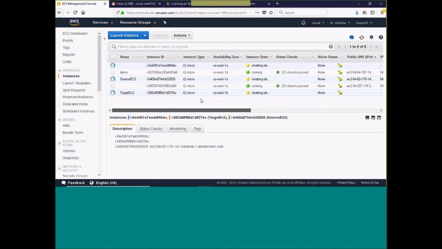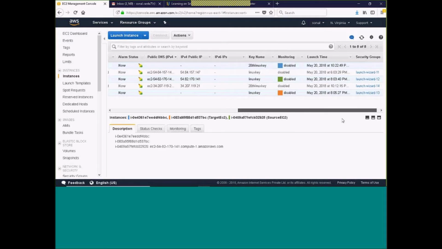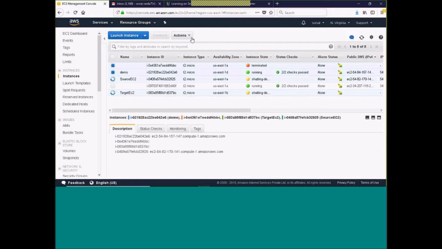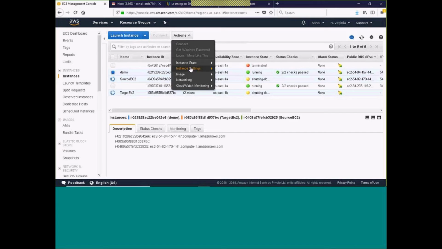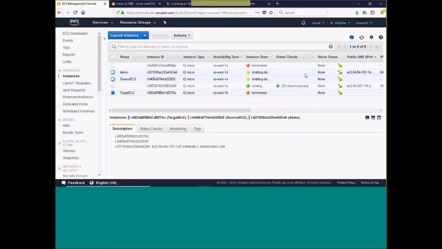Let me see which one I created, the demo or the other one. Okay, this is the one which I launched recently, the last one. Demo also I will remove. I don't want so many because I'll get charged for multiple instances. Terminate. 30 GB is what comes under free tier, and that has already been taken by Windows, and each Linux is taking 8 GB, right? So after some time I will be charged. So I will remove the unwanted ones. Now I have kept only one instance in running state.